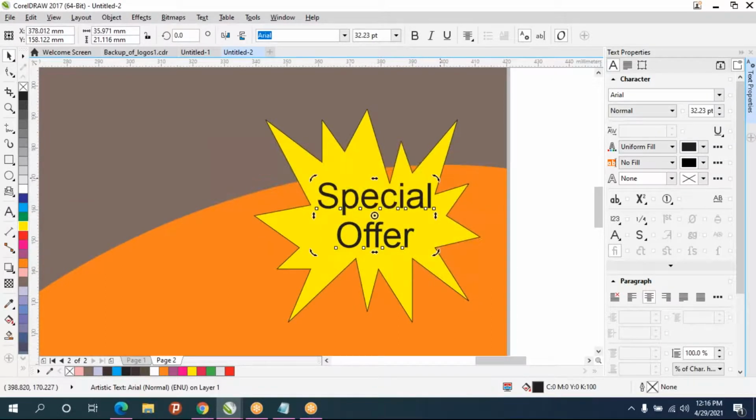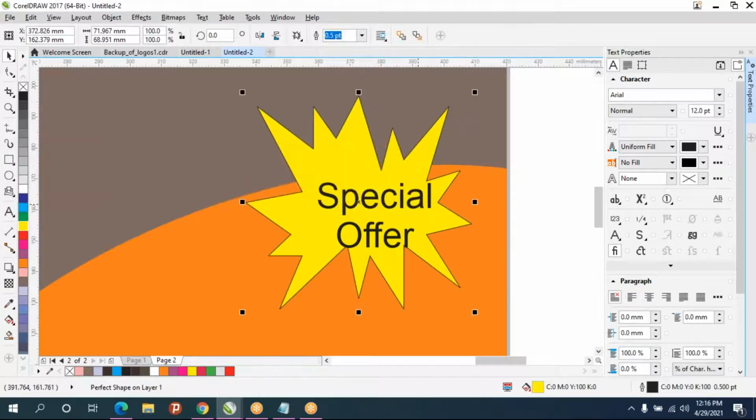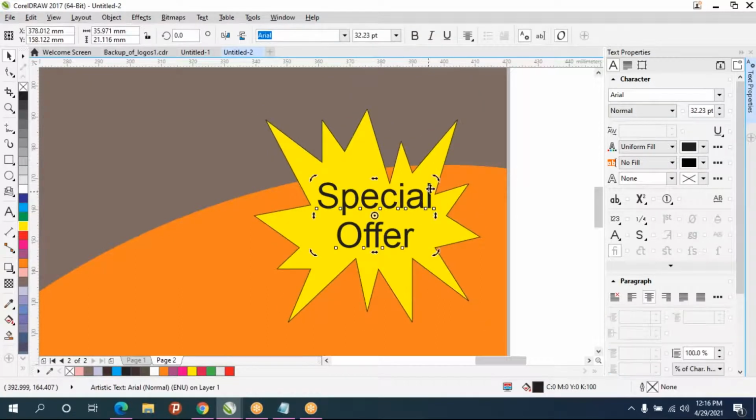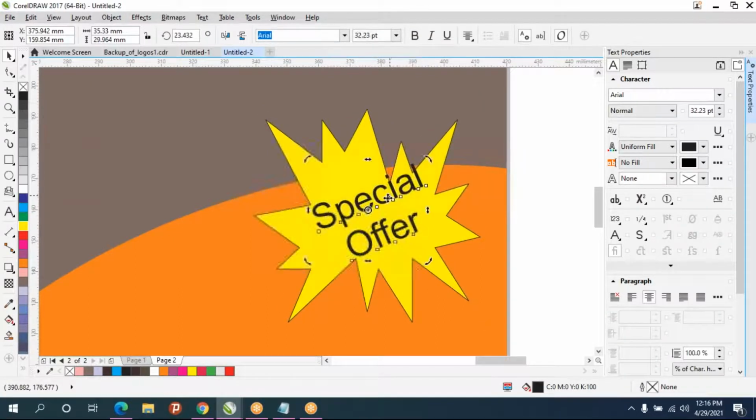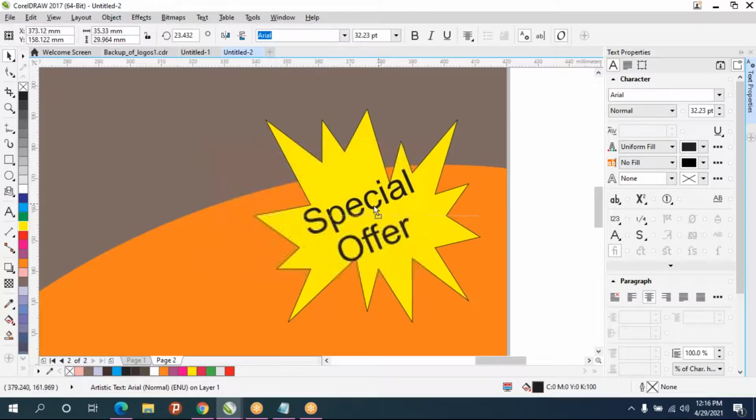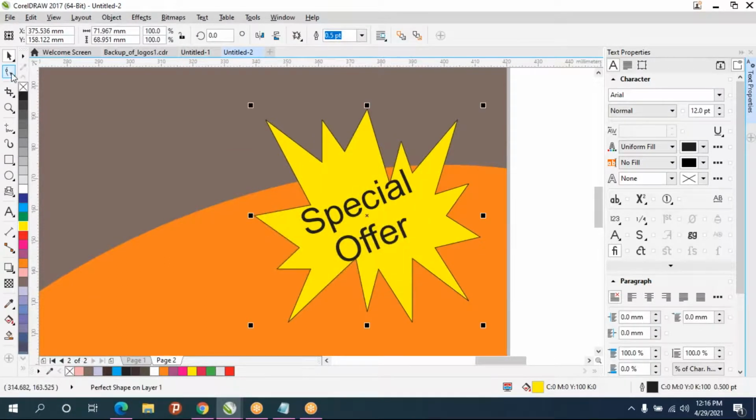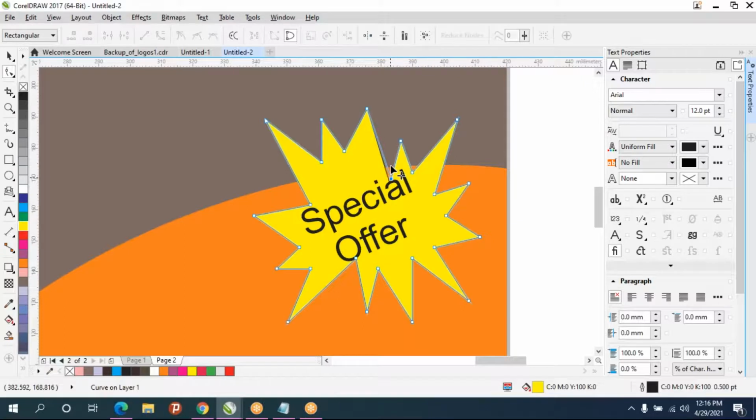And if you want, you can rotate it a little bit also. So this shape also you can adjust by pressing Control Q. You can adjust however you want.